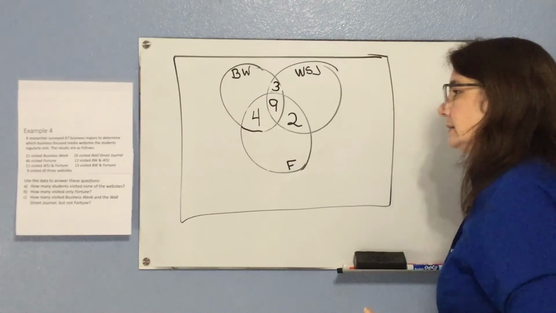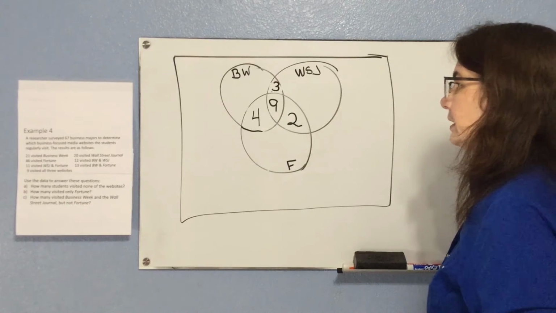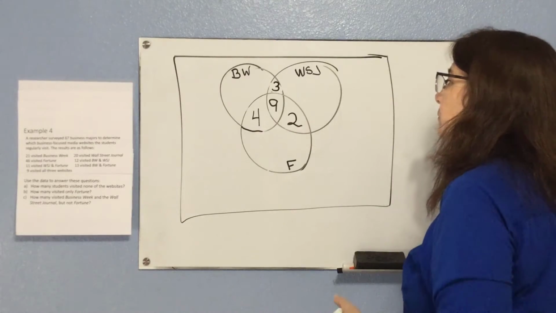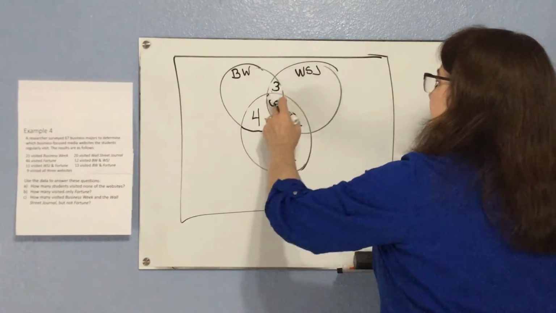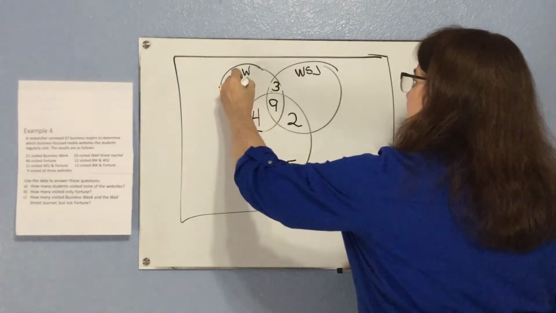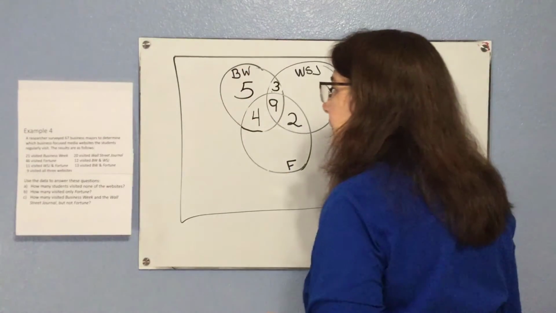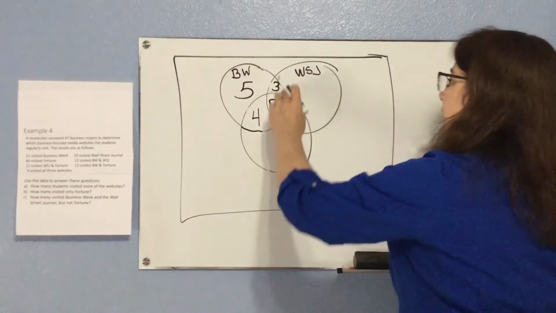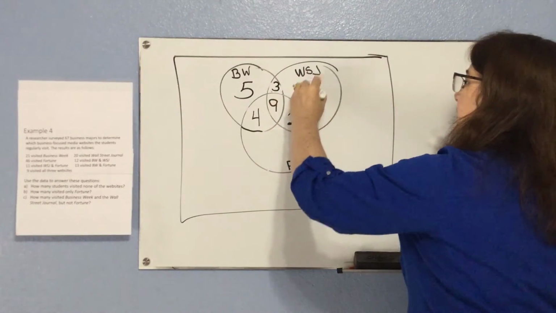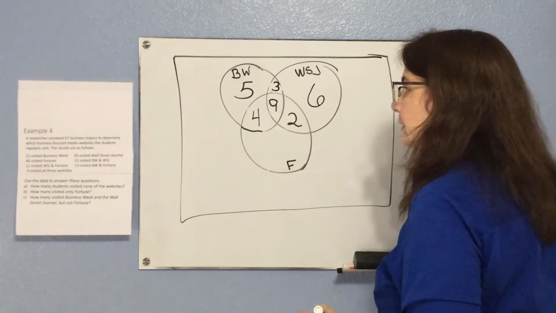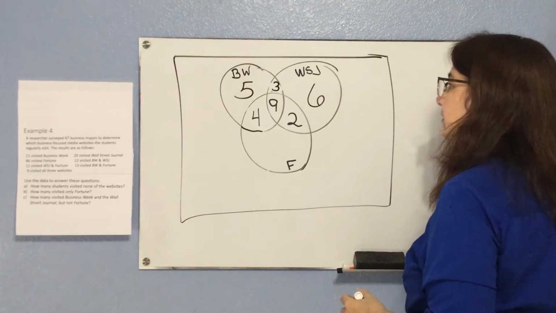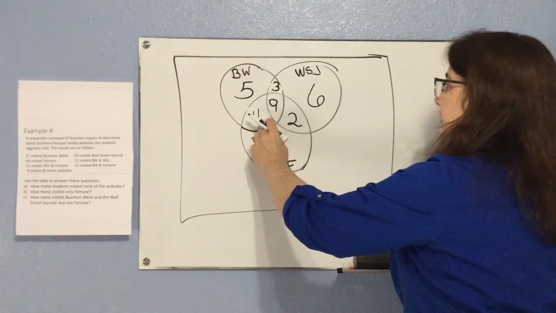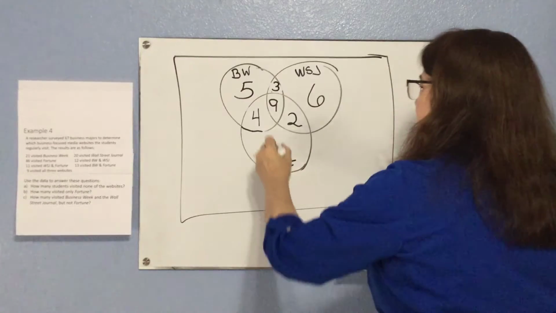Now I can look at the totals for each website. Going back to the beginning, it said 21 visited Business Week. Well, I've got 7 and 9, 16, so an additional 5 to make the 21. 20 visited Wall Street Journal. So there's 12, 14. I would need 6 to make up the 20. And then 46 visited Fortune. Well, I got 6 and 9 is 15. So that would be an additional